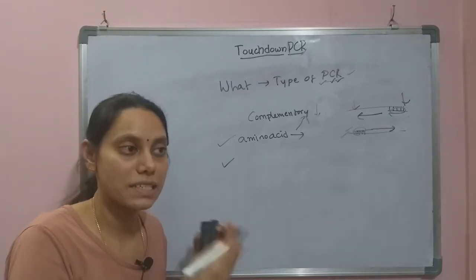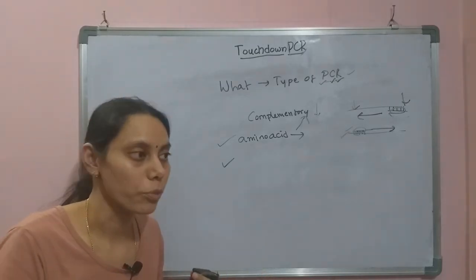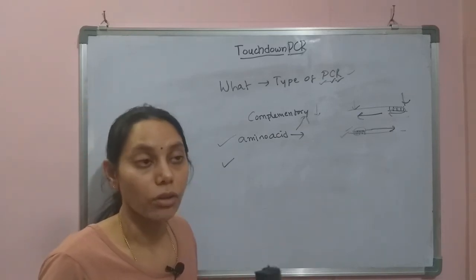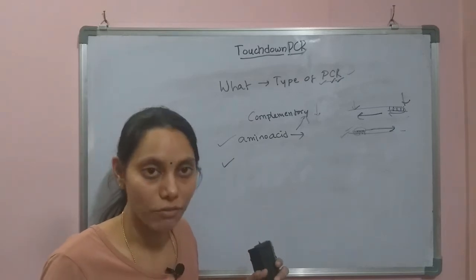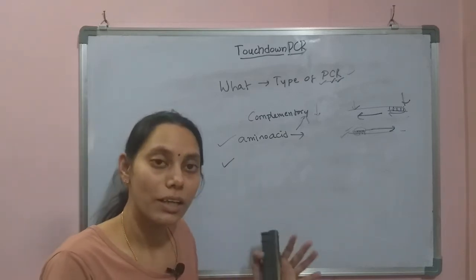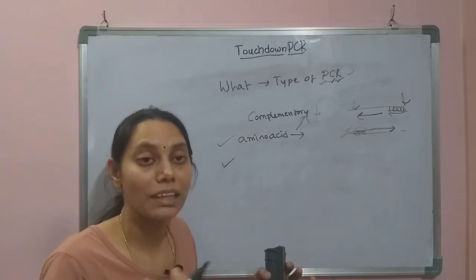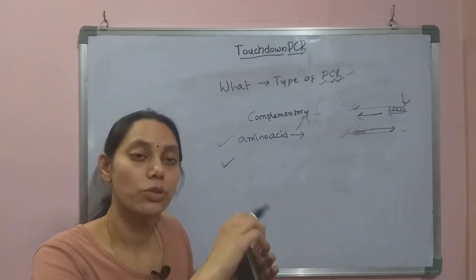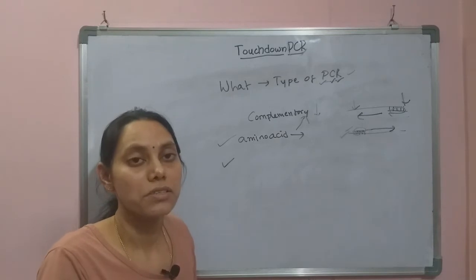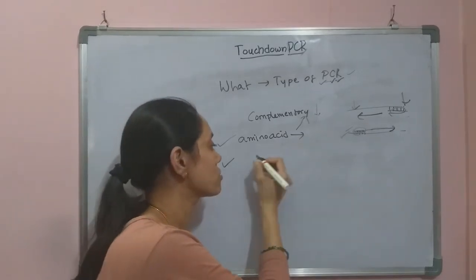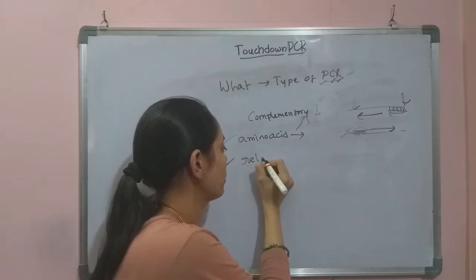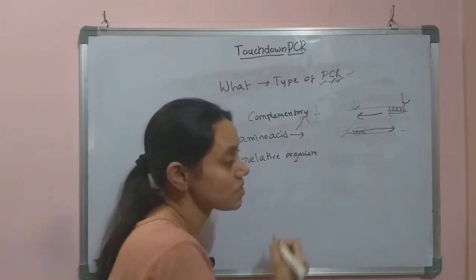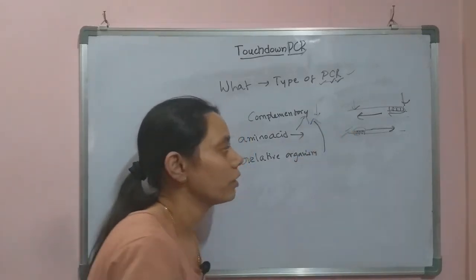And one more thing: if the primer sequence is designed from a related organism, because the organism used for the amplification is not known and the sequence of the gene is not available, then what we do is take the sequence of the gene from the related organism and design the primer from there, so that these primers can be used for this experimental organism. There is also a chance that the complementarity will be low.